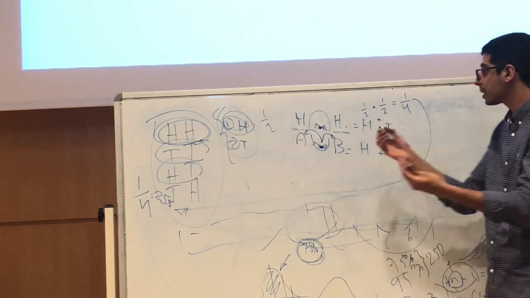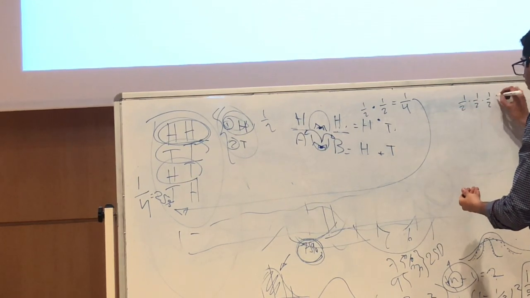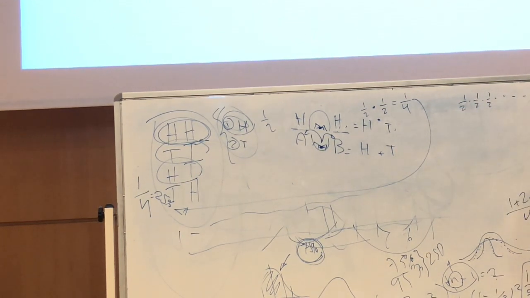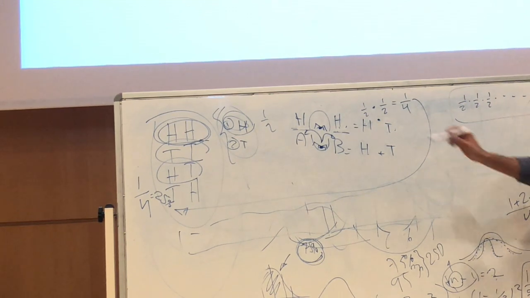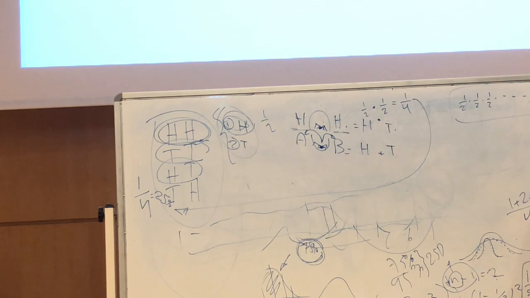Or I can just do this. I can do half times half times half all the way to 10. If we find out what this equals, it will equal something like 1 over 128 or something like this. So the point is, look at how much faster this way is. That's why I'm encouraging this way, the spider way. You get this, right?